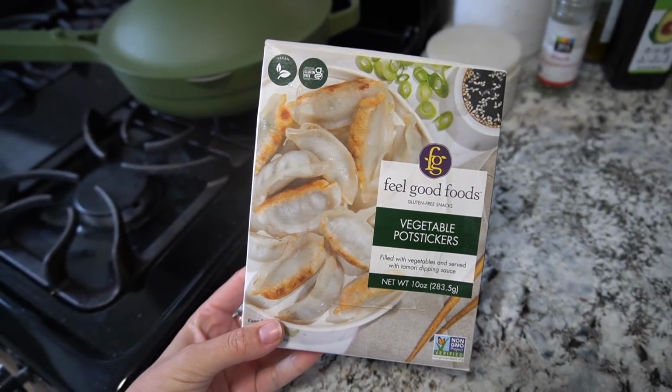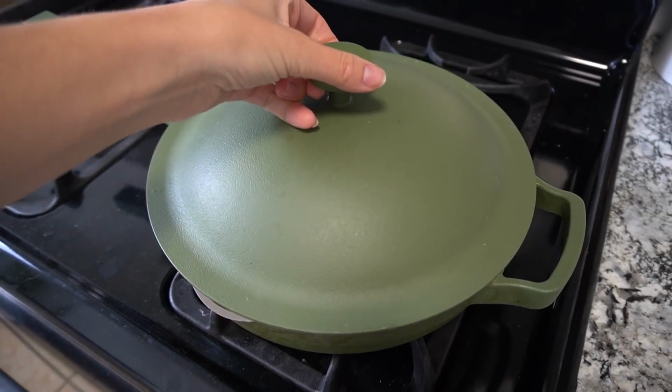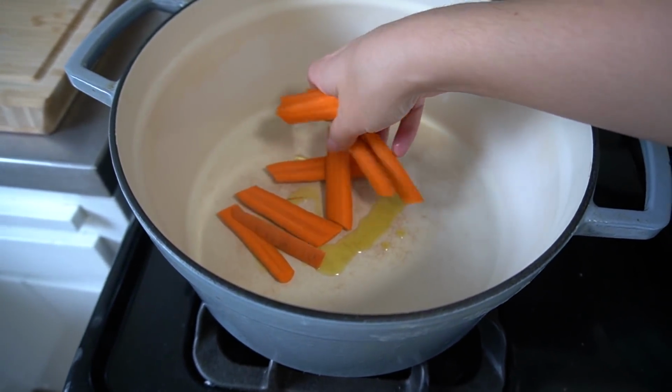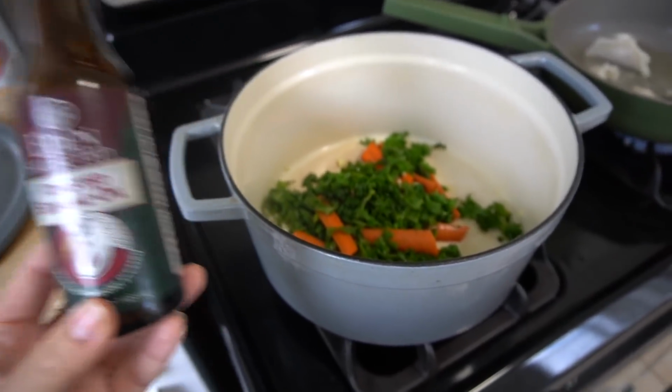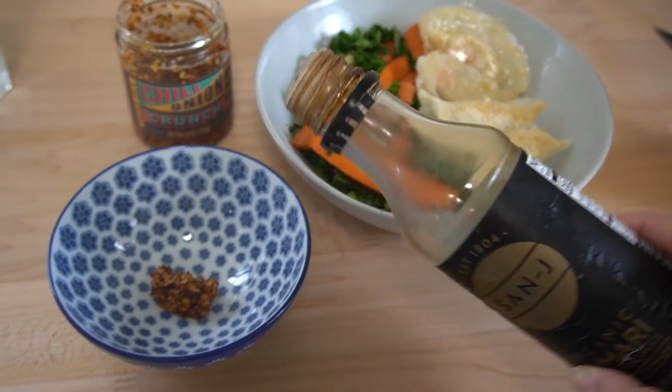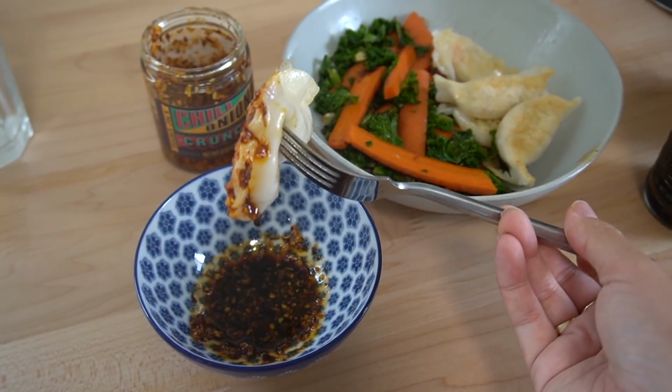Then for lunch, I made these Feel Good Foods veggie pot stickers. If you're a fan of the Trader Joe's veggie pot stickers, but you have to be gluten-free, these are the absolute best alternative. And I sauteed some carrots and kale with garlic and sesame oil to serve with it. Then I made a little dipping sauce of tamari and chili onion crunch, and I could eat that for lunch